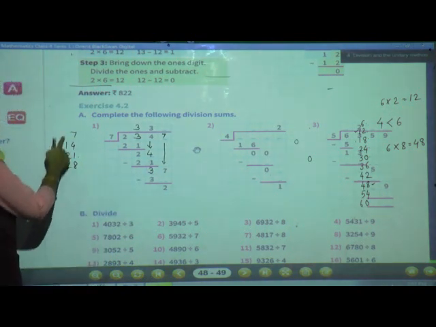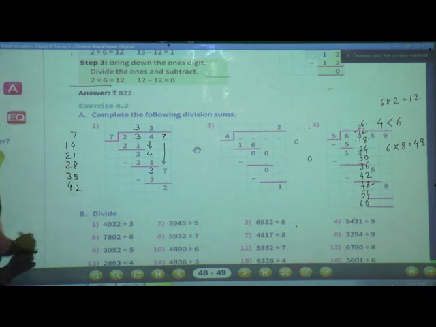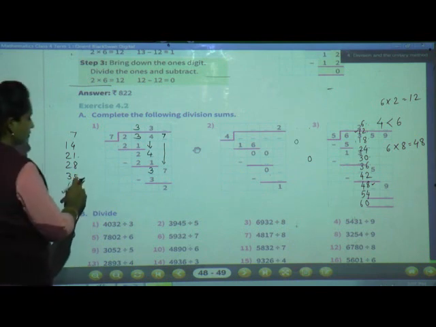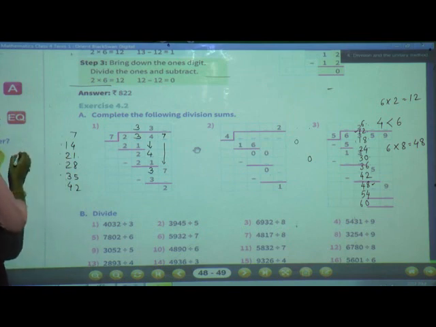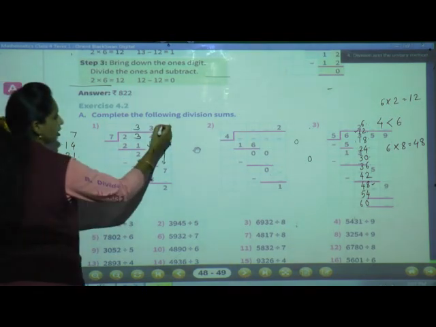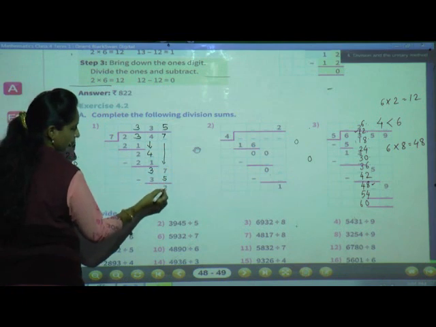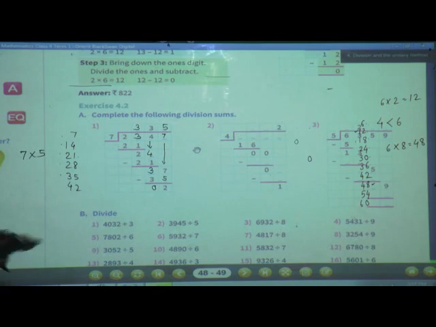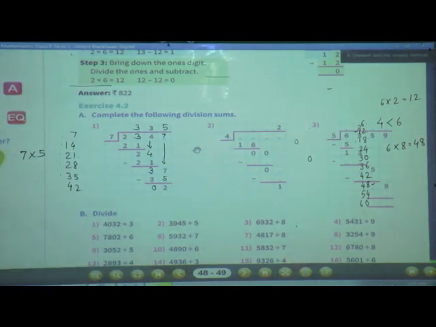We will continue the table. See, 37 is not there. What is less than that? 35. Now where is 35? 1, 2, 3, 4, 5. Means 5 times 7 is 35. So here write 5 and 35. And then 7 minus 5 is 2, 3 minus 3 is 0. See, in this way you are going to solve the second and third ones. Got it? Clear till here?